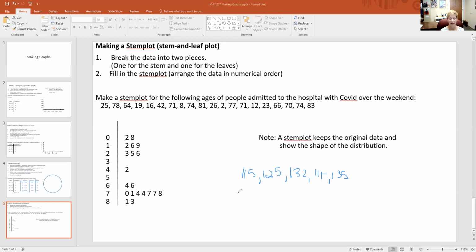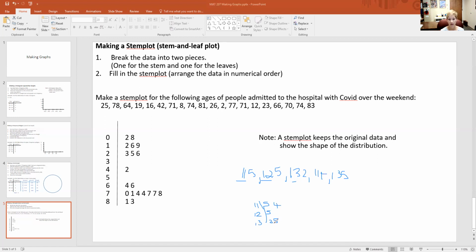Well, it wouldn't make any sense to let the hundreds number be the stem because all of them start with a 1. So you'd have just one long row of numbers. So instead, I might let my stem be the first 2 numbers. So 1, 1. 1, 2. 1, 3. So I'd have like 115, 125, 132,